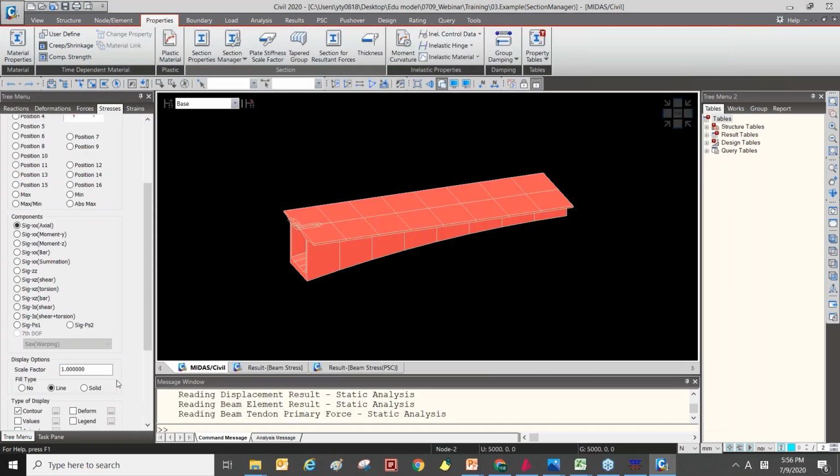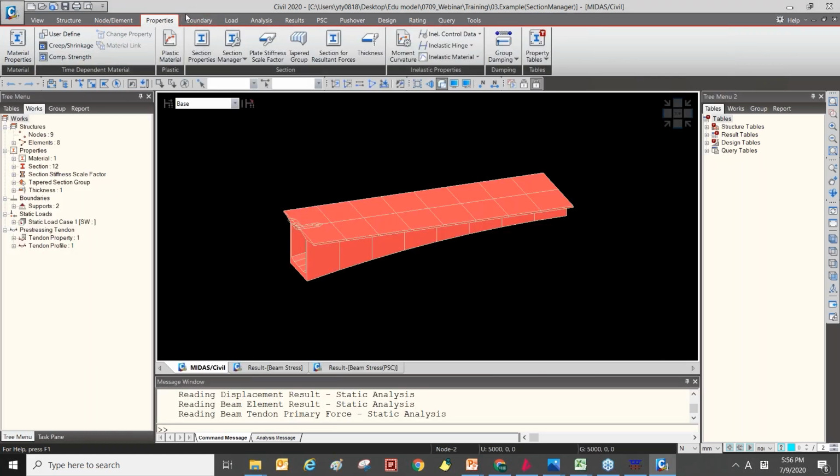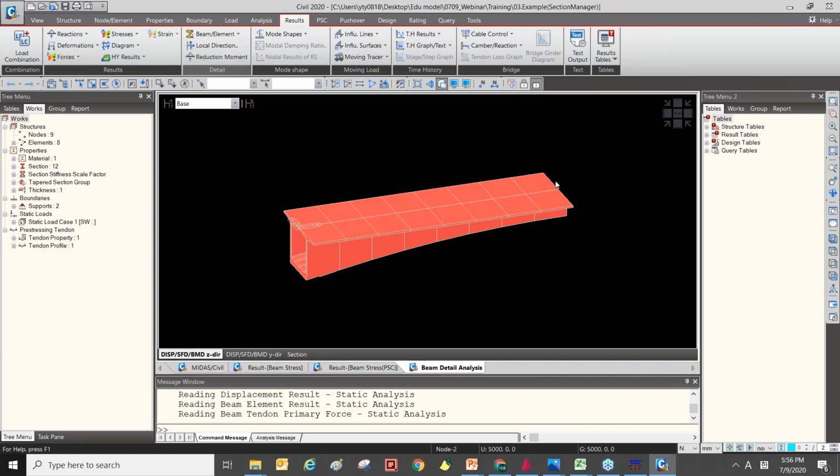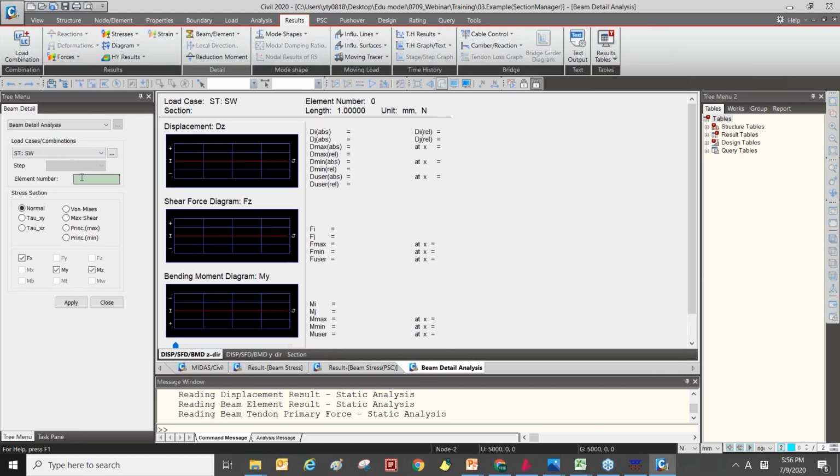And the additional option is that MIDAS Civil has a beam detail analysis function. So from this function, you can check more detailed results between node I and J for each element. So I will check element number 1.